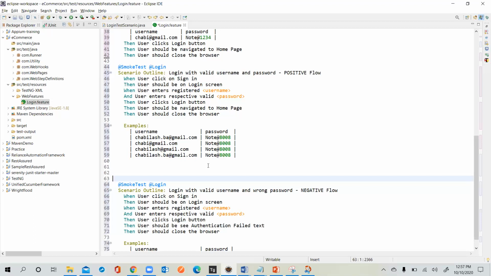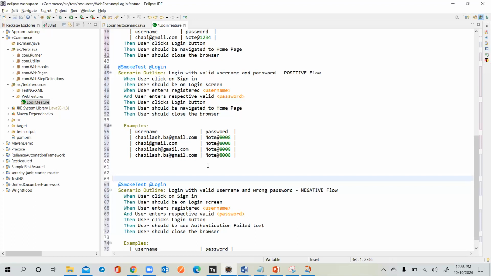And what is the beauty of this one is, we need to generate the code for this. So I'll come to that one. Now I'll let you know how it will be generated. Now in feature file writing, there are two types of writing. One is an imperative way of writing and one is a declarative style of writing. And what is imperative and what is declarative style of writing?